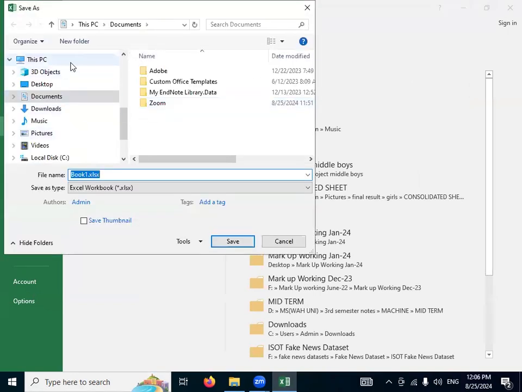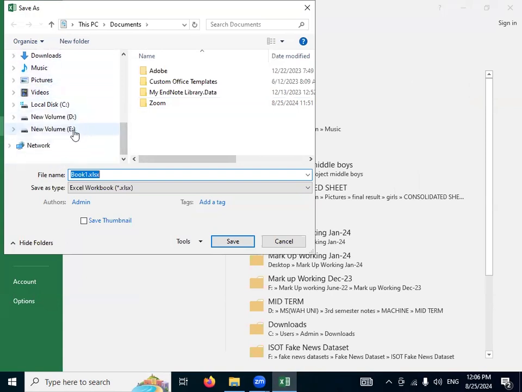Now I will select the area where I want to save my file: in Documents, Desktop, in C drive, D drive or E drive, any drive. Make sure that your important documents and data you store mostly in D, E, or any other drive. Don't save your data in C drive, in Documents, in Pictures.